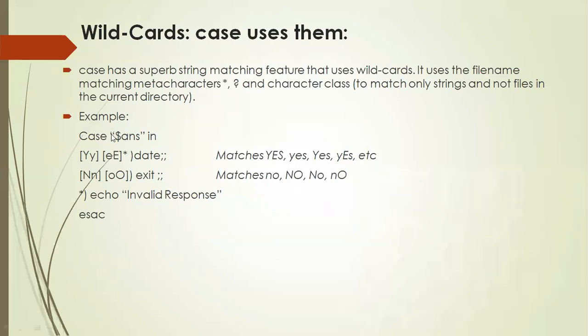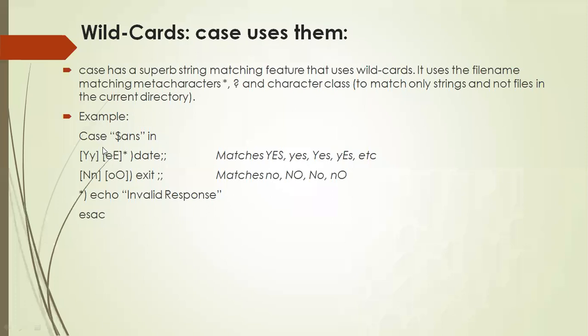Now there's one more example given. Again, read the value for ANS from the keyboard. That is read ANS. Then use case ANS in, right? And you need to enclose this ANS value within double quote or single quote if it is a string. If it is a number, then no need to enclose. Then what I'm doing right now is, you can see, within the character class, I'm writing two characters here, capital Y and small y. This tells that you are supposed to enter either capital Y or small y.